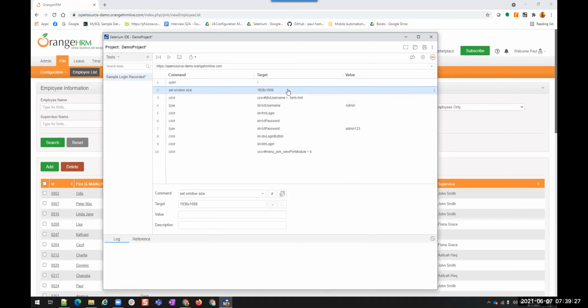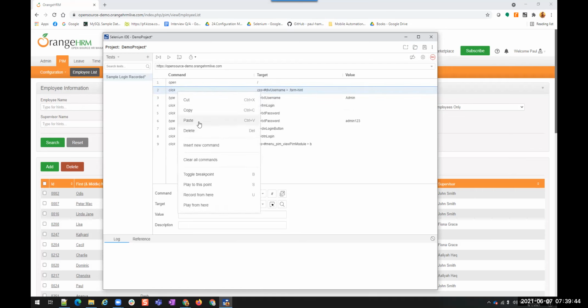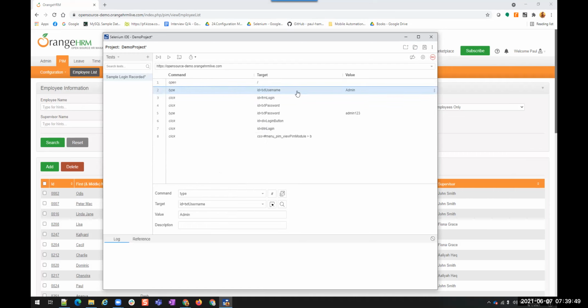Whatever the operations I did, those were created here. And this, I clicked somewhere, so that is why it is showing you clicked somewhere. This is not needed for us, right? So if you have some unnecessary actions like this, you can remove them, delete. This is also not needed. Delete for login. Then I want to type the username, and I don't want to click other places.